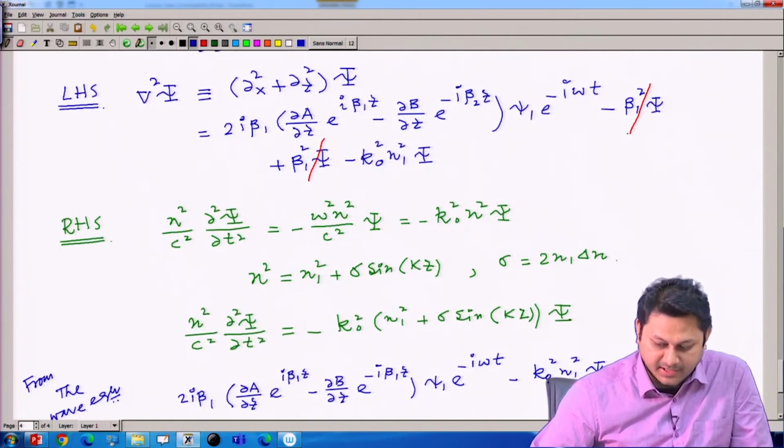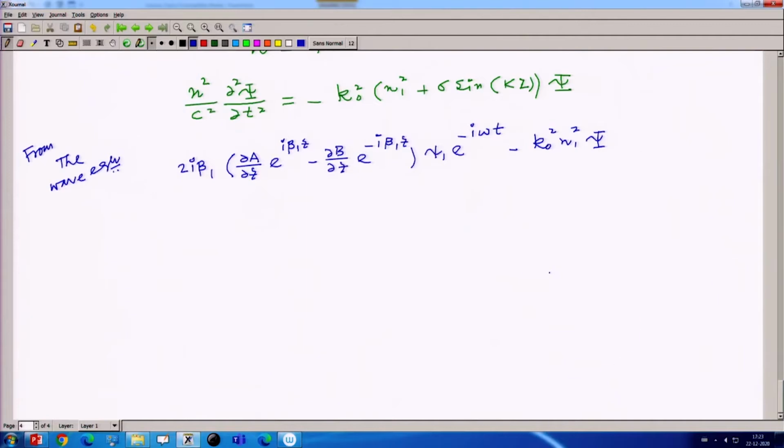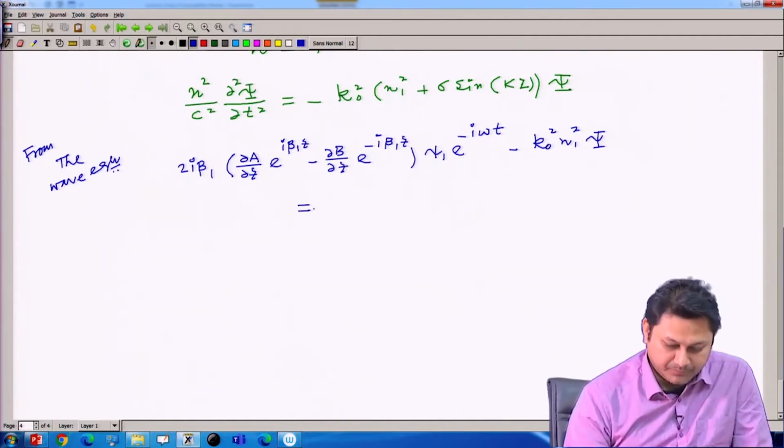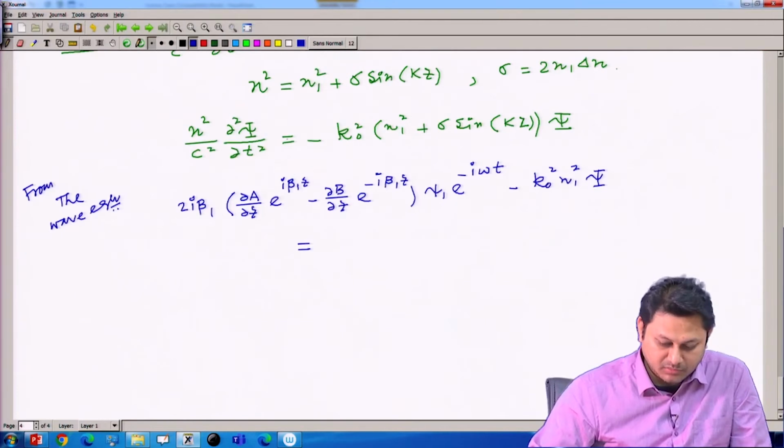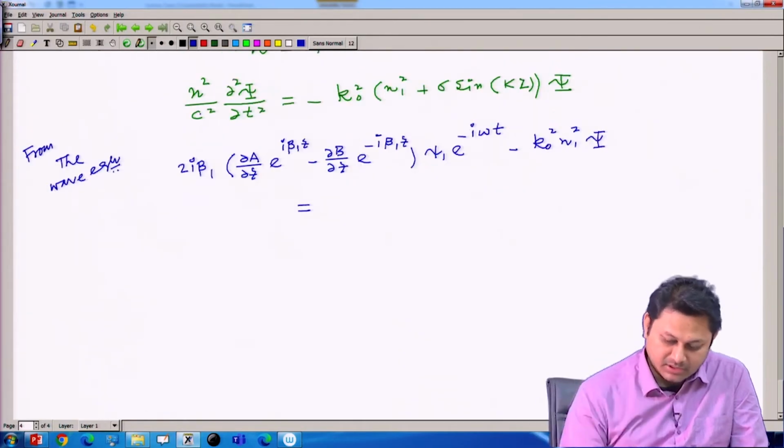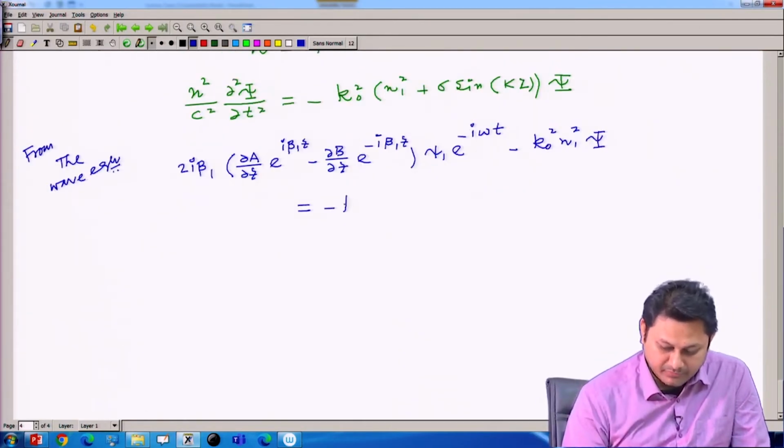That is the left hand side. I just write this one. The right hand side should be equal to this one, whatever we derived here. So, minus of k 0 square n 1 square